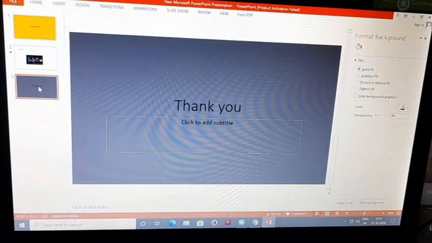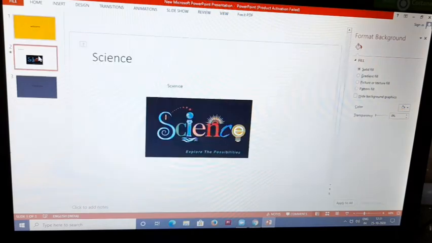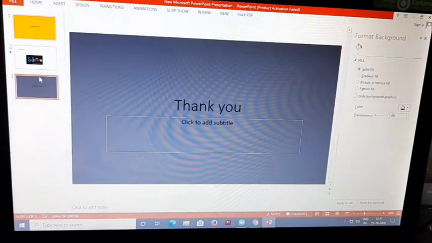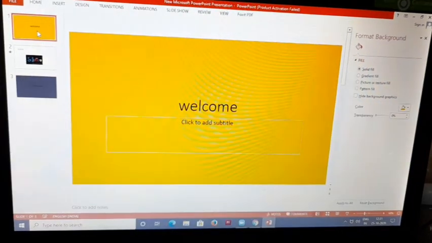If the project is displayed on full screen, it is impossible to go from the first slide to the third or the fourth or fifth. It is possible only to go from the first slide to the second and then the third, one after another. It is impossible to go directly from the first slide to the third or fourth slide. So we use the navigation menu by using a hyperlink.